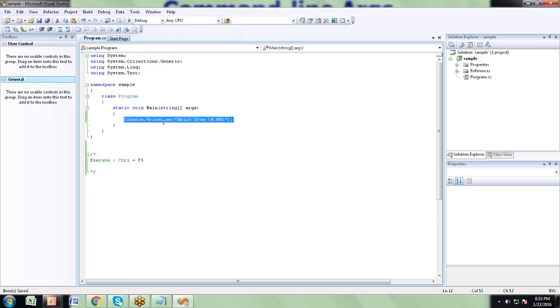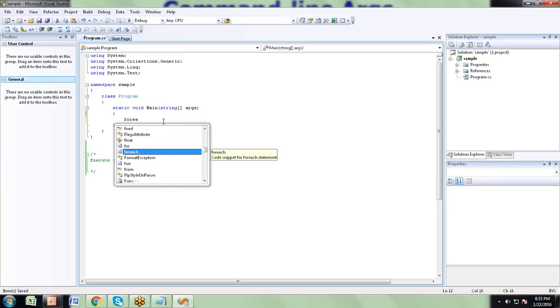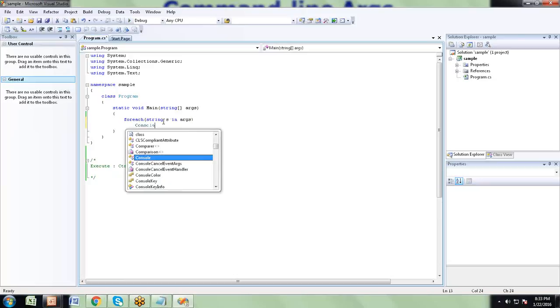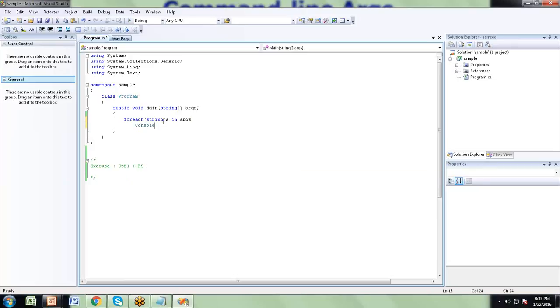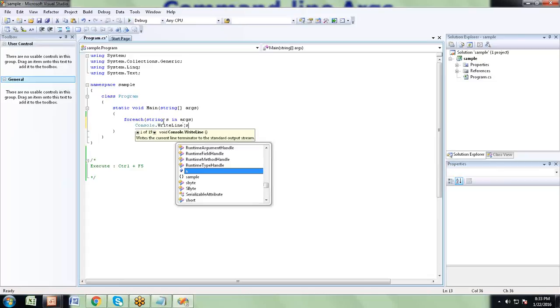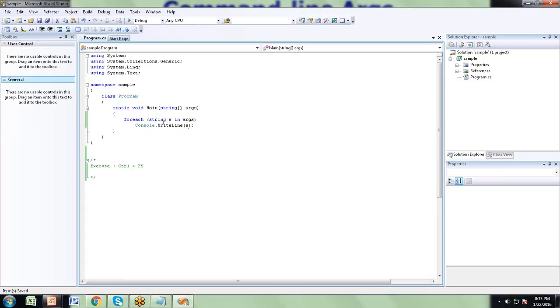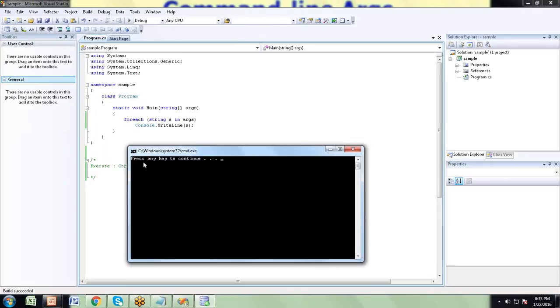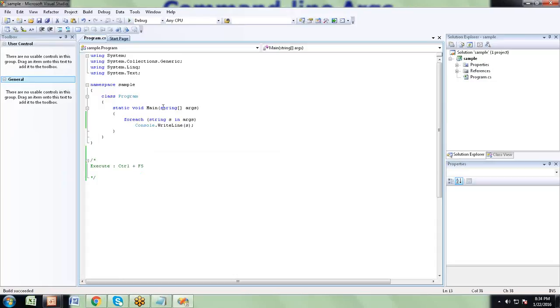Suppose I say foreach string s in args, Console.WriteLine, and print the value of s. But here the problem is, if you run the program, you have traversed the elements, but you are not getting any result. Why? Because we just gave the string but didn't give any command line value.